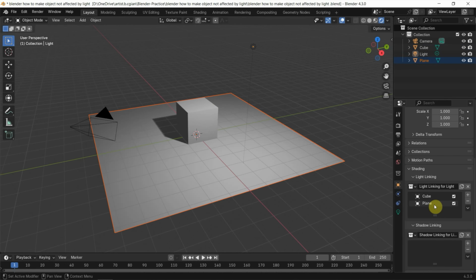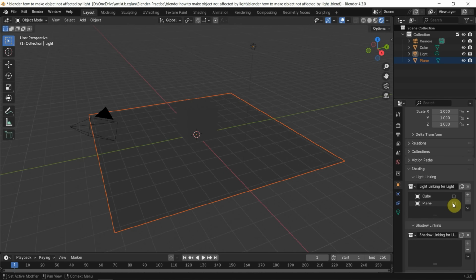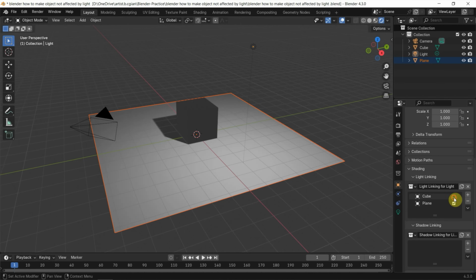If we want to make the cube not affected by the light, we can uncheck the box of the cube. So we can see that the light is not affecting the cube. So if we uncheck the box for the plane, we don't have the light on the plane. So we can activate. Next, if we want to eliminate the shadow, we can add the cube here and add